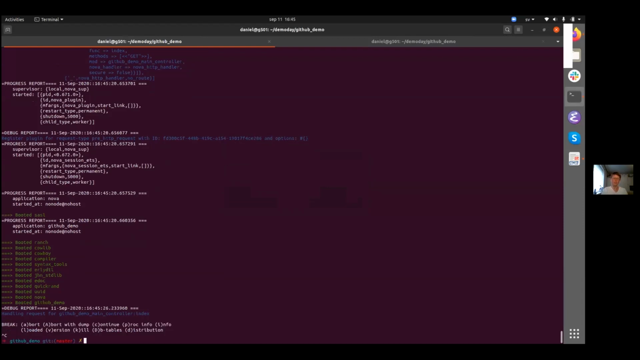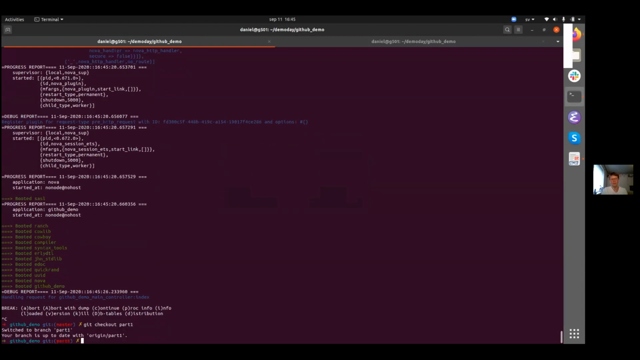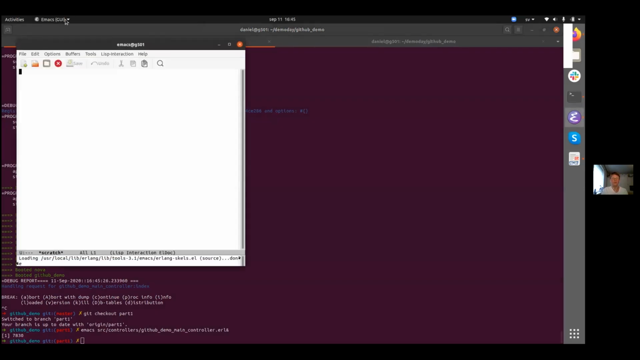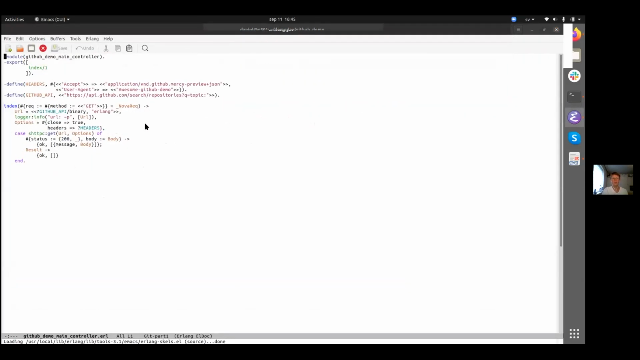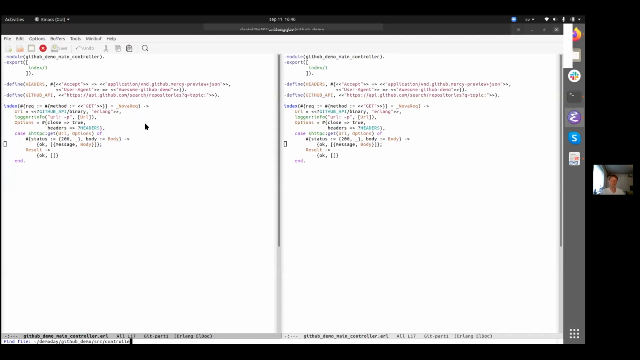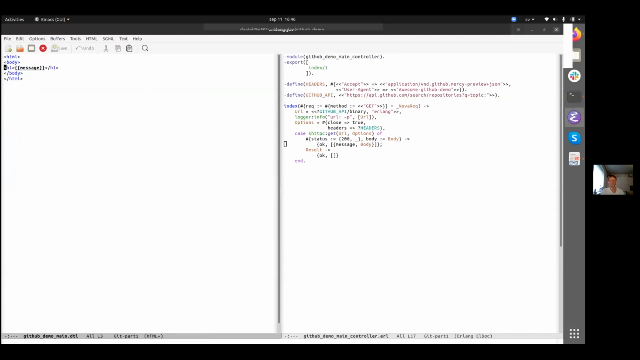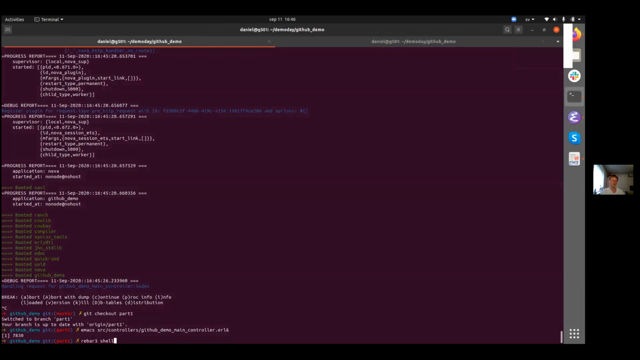So what I have done now is here I have changed how the controller is looking. What I want to do here is fetch all repos that have Erlang as topic and just show you the response. So in the detail that we get from the beginning, you see it is like this. It's just an H1 where we template in the message part that we have in the list. So if we recompile this,